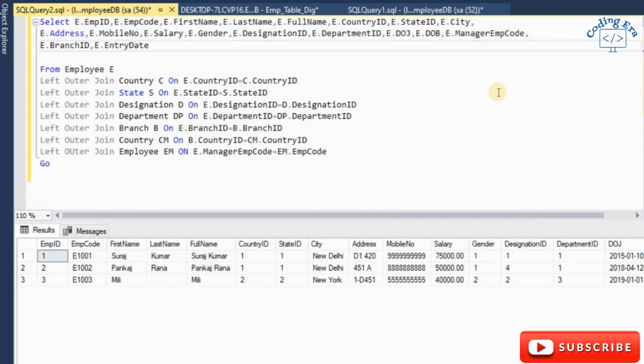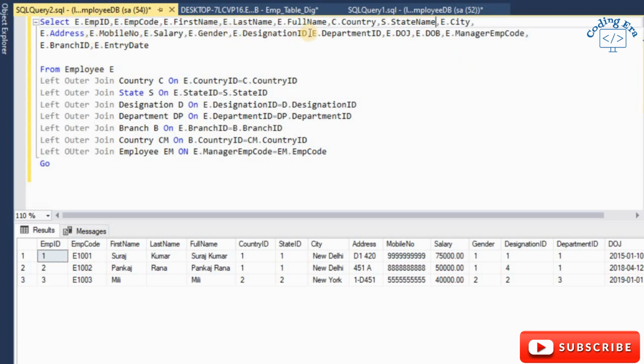Okay, but now second step I will follow here. I will replace columns from other tables. Because I don't want the country ID here, I will put the country name, and the country name is from C, country C. So here I will put C dot country, and I don't want a state ID, so I will put here S dot state name.